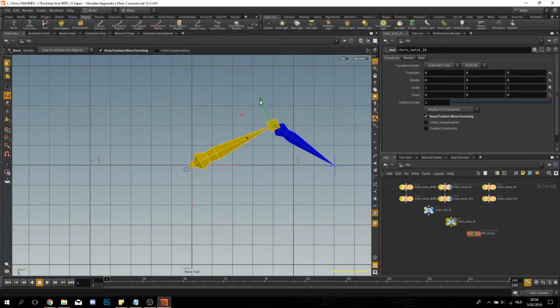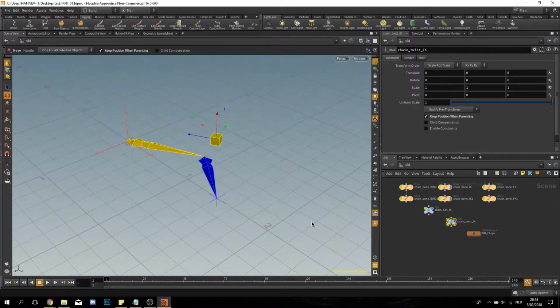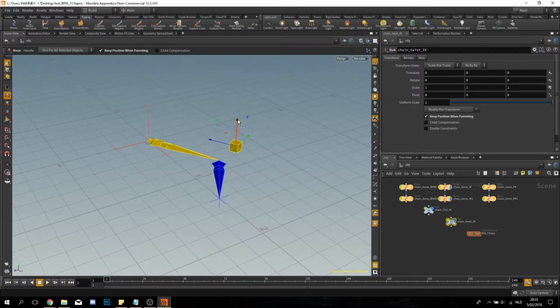Also gonna move here. You can see that the twist is like the ball vector in Maya, and this one is the controller, the IK controller.